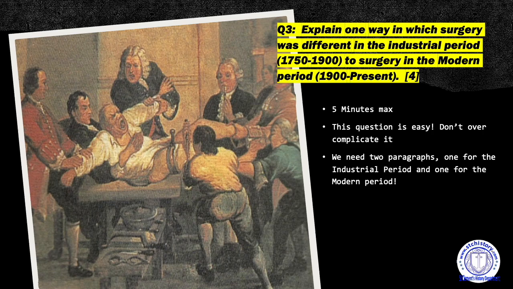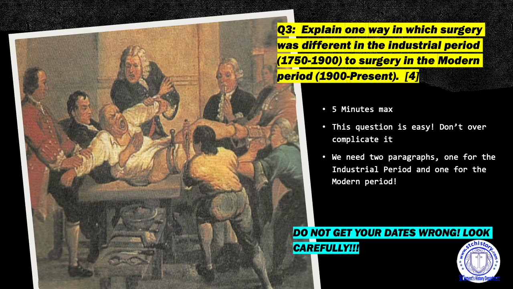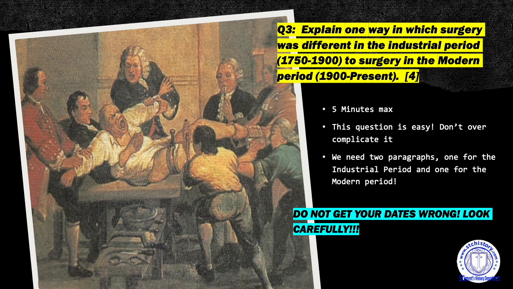And then the second one, what did they think in the modern period and why? What had changed? Scientific discoveries, attitudes, whatever it might be. But just remember in there is what and why in both of these little mini paragraphs. And that should really cover us for the vast majority of these 4 markers that they're going to ask us, okay? So just make sure that you are well and truly aware of the time and dates in this question,